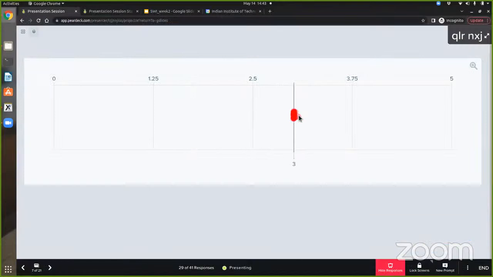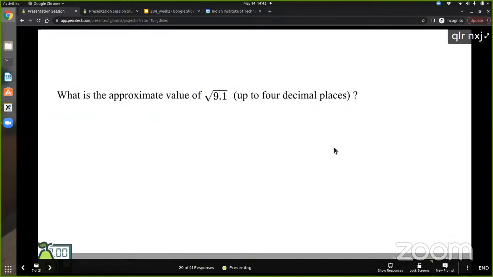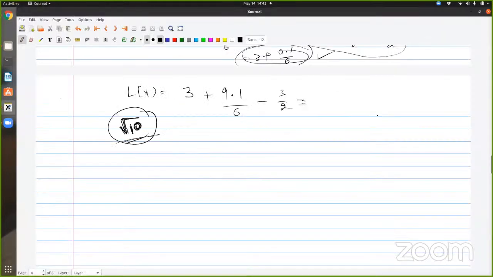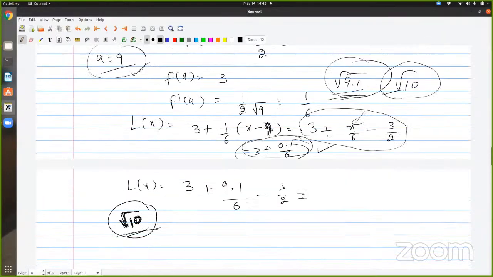Okay, so it depends on the accuracy that I want, whether I will use linear or higher order. So it depends. The question that was just now asked: since you are far away, so 9 and 10, there is a good difference as compared to 9 and 9.1. Since you are away from the known value, you might want to go for a higher order approximation. If you want to get a good approximation, if you don't want to compromise there, you can increase the degree